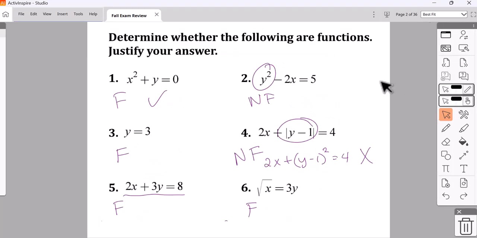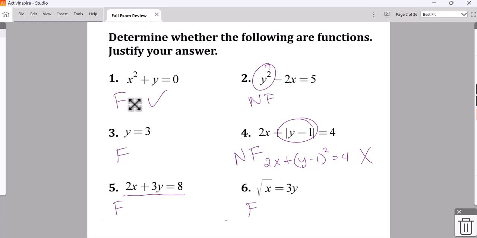And here are some examples of this. Here the x is squared, that's a function. Here y is equal to 3, that's a horizontal line through the y-axis, that's a function. x is the first power, y is the first power, this is a linear function, that's a function. y is to the first power, x is the square root, so this is a square root function, that is a function. But then when we get to this one, the absolute value bars, or if this was squared,